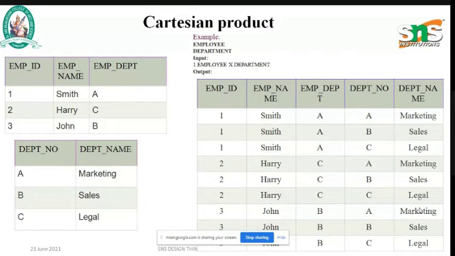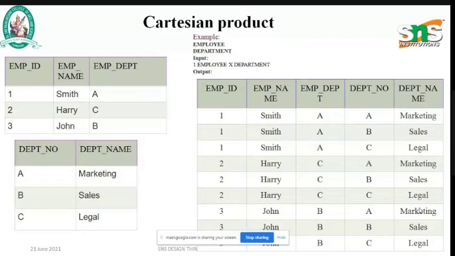Now first let us consider employee ID 1, Smith, department A. The employee department is A, and the department number is also A, with a department name. Similarly, for Smith, it takes one row and all the rows in the second table also: marketing, sales, and legal.